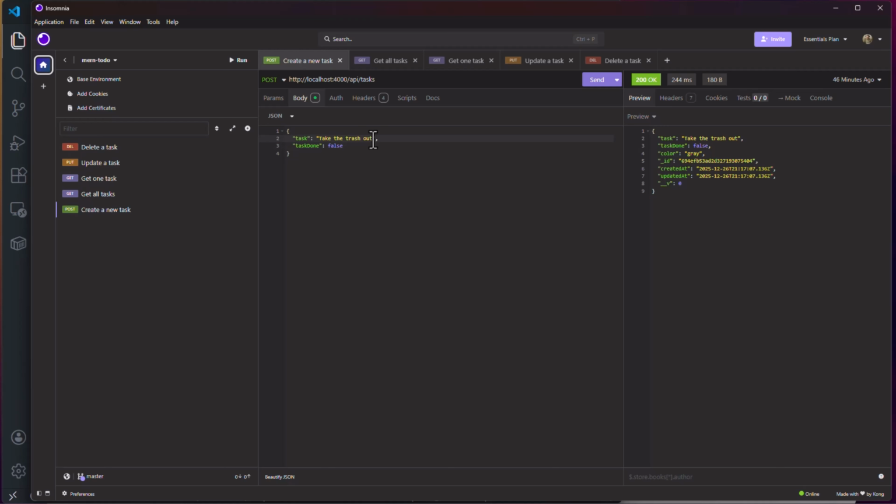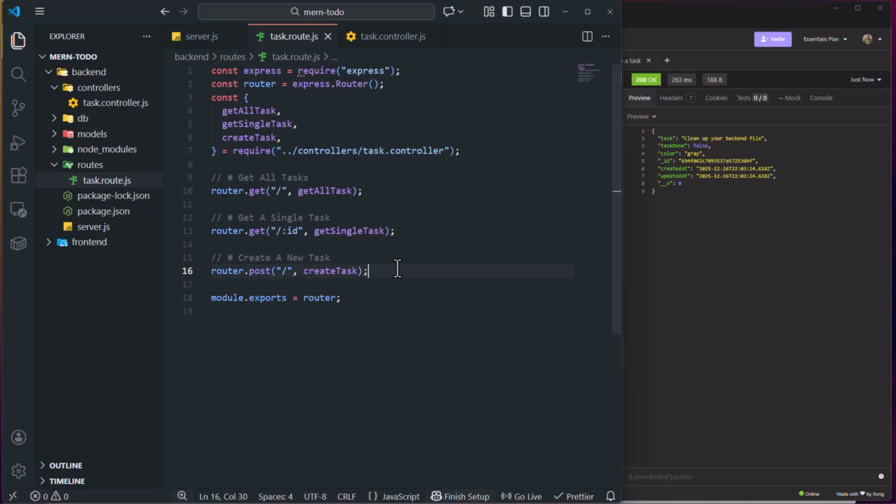So let's say clean up your backend file. Now let's send. Yeah. Perfect, it works. Very good. Now the next one is the